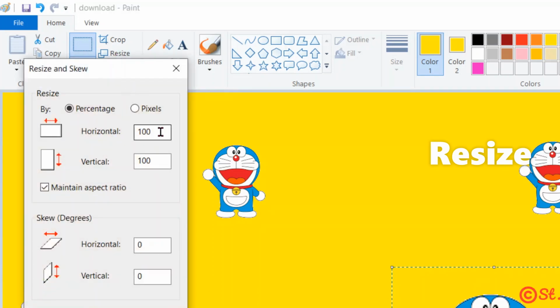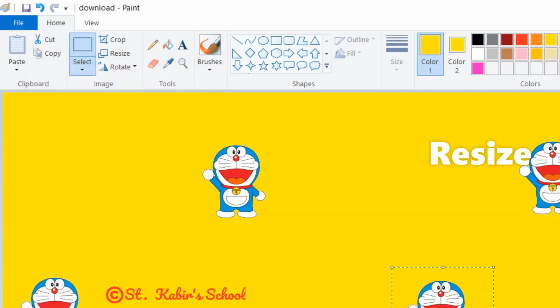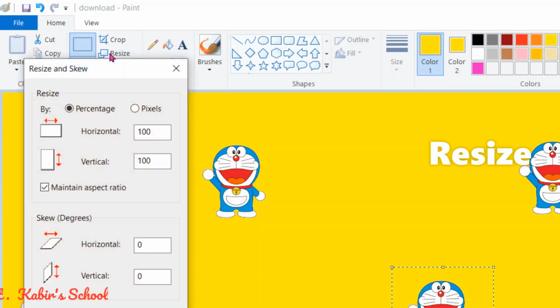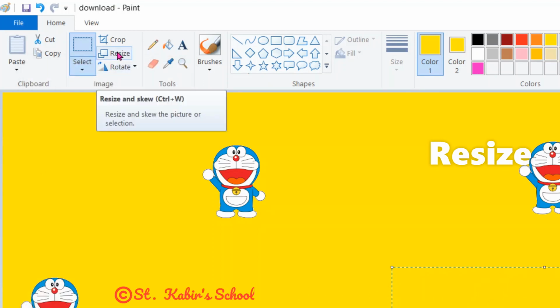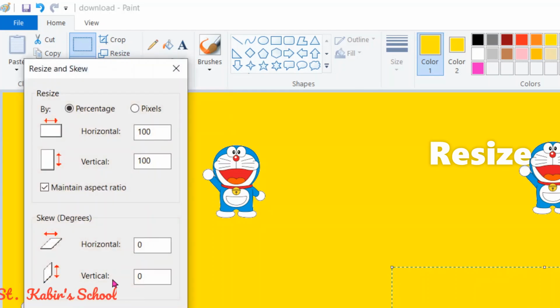If the size is less than 100, it will be decreased. Again, resize tool, I will give size greater than 100, size is increasing. Again, resize tool, skew option.